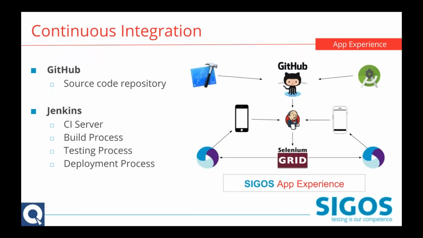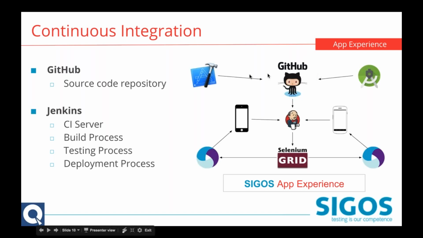So I'm glad to see that so many of you guys are using GitHub like me. So you're going to know exactly what we're talking about here with Xcode and Android. Xcode and Android Studio both have their plugins that allow your developers to check your code in to GitHub. And GitHub is a really great free open source tool. There's a paid for subscription. But I really like GitHub because everybody seems to be plugging into it, just like Appium. So Jenkins in this setup, again we're going to explain this setup like a local Appium setup.